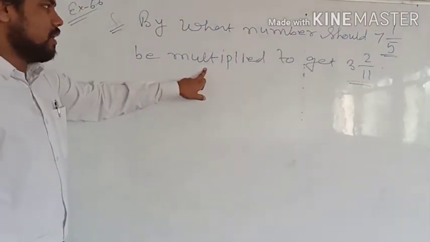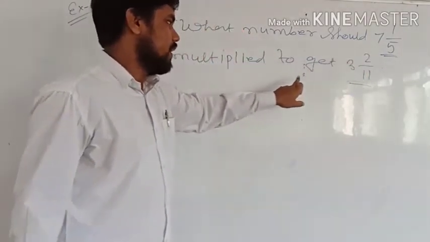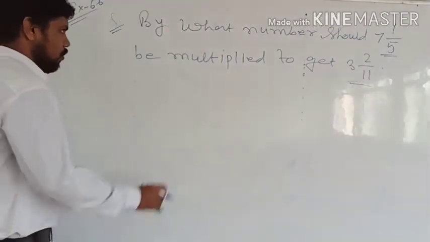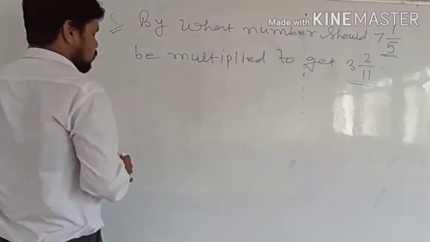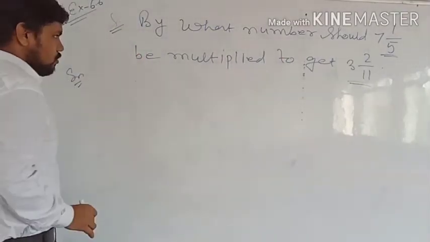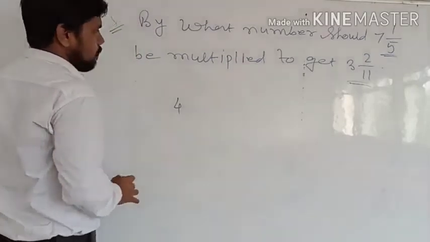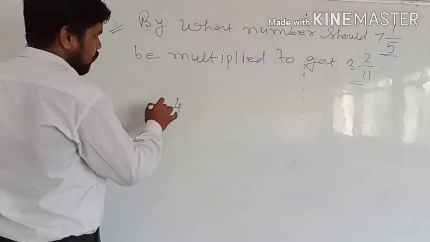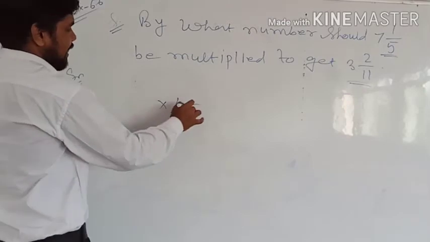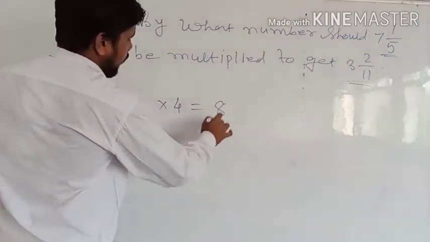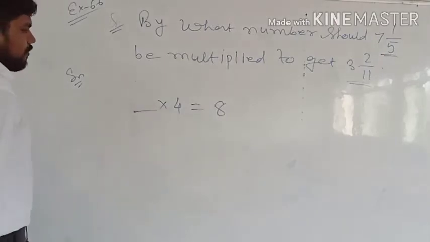तो कितने नंबर से इसको मल्टीप्लाई किया जाए कि इसका रिजल्ट ये आता है. ठीक है. इसको आप इस तरह से बोल सकते हो कि by what number. Suppose we are taking a simple question. So by what number must 4 be multiplied so that the answer is coming 8. Okay. So कितने से हम लोग मल्टीप्लाई करें 4 को कि आंसर 8 आएगा.